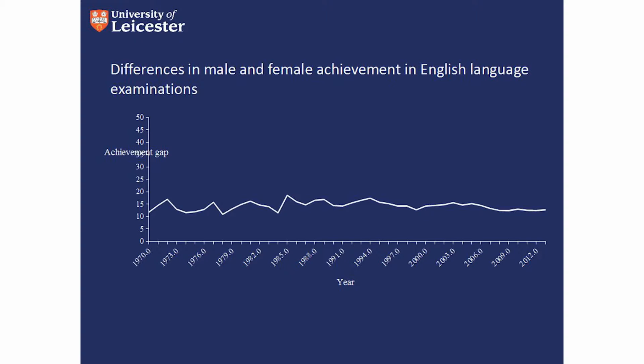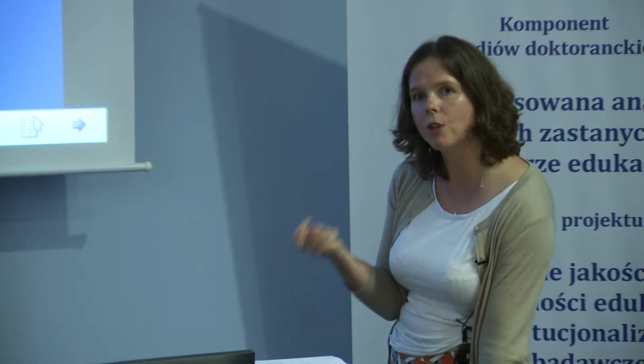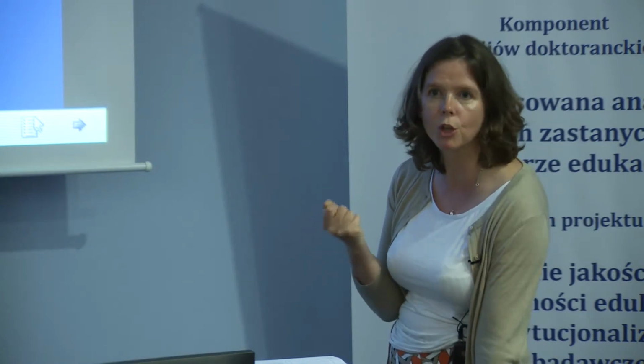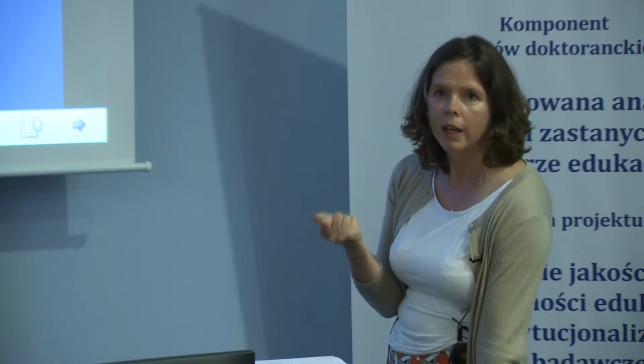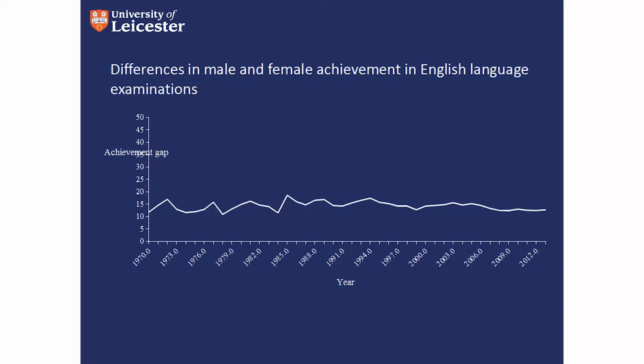That's English language. Now, English is a subject that girls outperform boys in, and I think it's the same in PISA for most countries. But boys' underachievement is not a new phenomenon. There are problems with assessing exam performance over time, as I've hinted at before. But even with that in mind, and even if you look at it over the most recent period where exams have not changed a huge amount, there is nothing to suggest that there is a golden age where boys were doing very, very well.